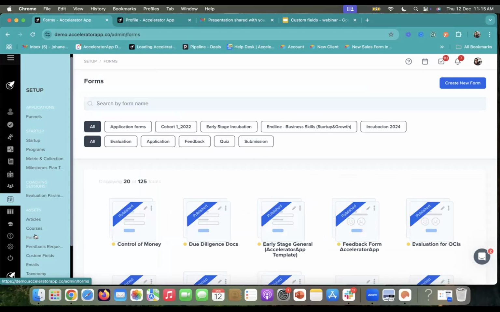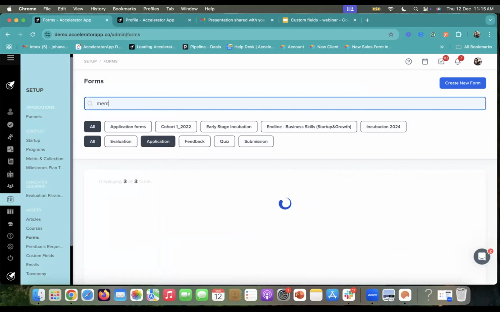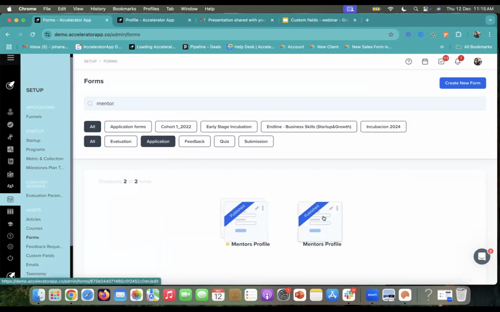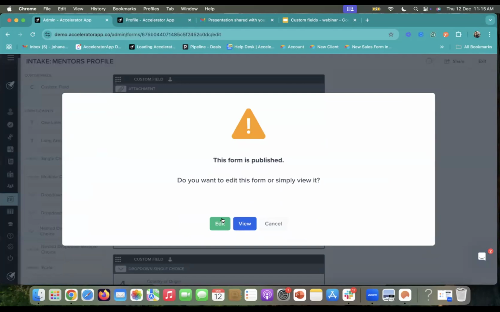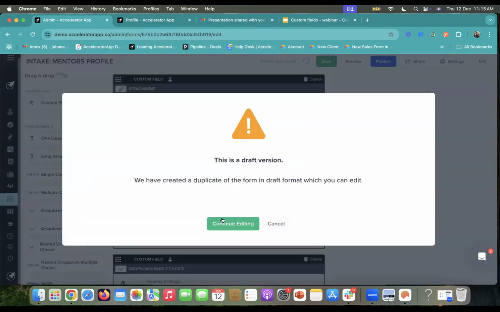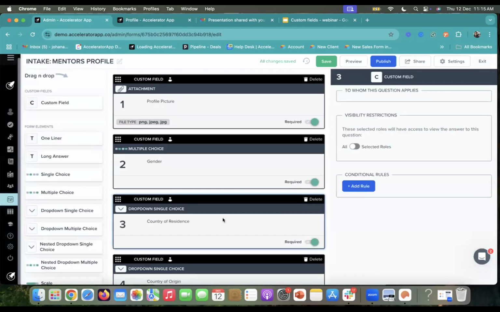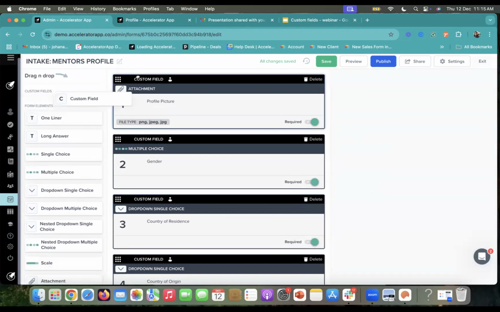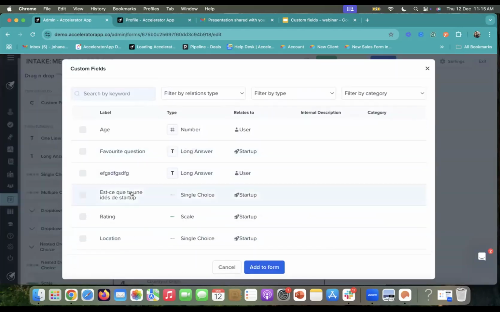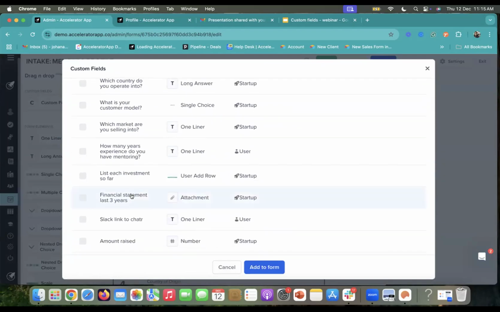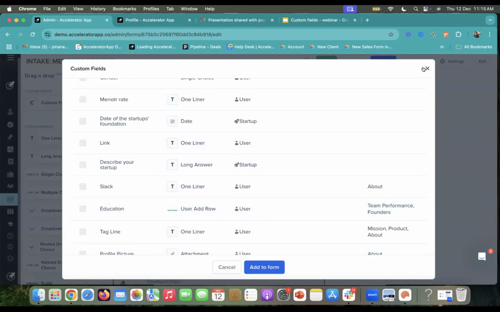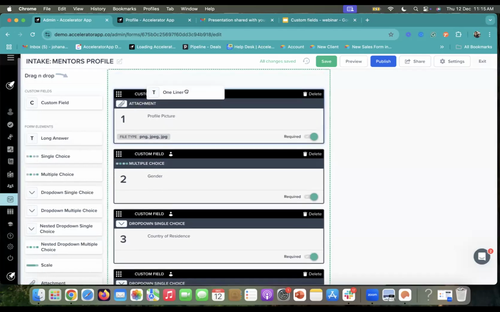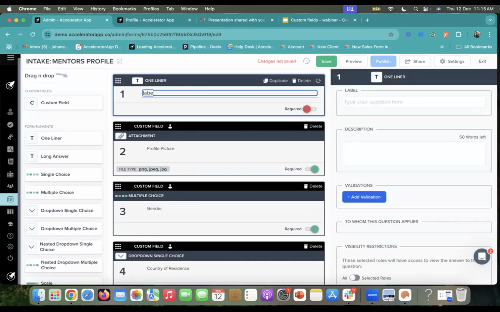So whenever you access the forms and you create, let's say, a new application form for these mentors, let's say here I prepared one that I call mentors profile. It will be similar to what we saw in the users profiles and startup profiles. So you can drag and drop any kind of elements that you see here, or you can use the custom fields, and then you will be able to choose from here which of the custom fields that you have created you want to use, or you can just create a new element here at the label of the question,